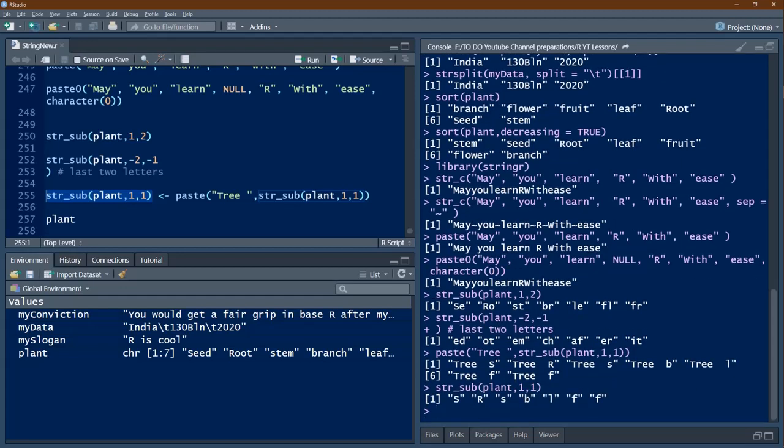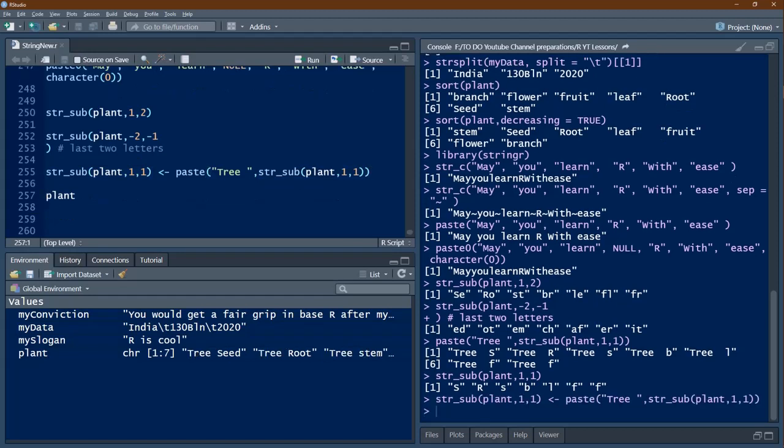So here seed, root, stem, branch, like that. Now what I am doing here is I am going to substitute this first letter with this value. That means I am going to substitute with the tree space S, or with the tree space R, and so on. So let us see what will happen.